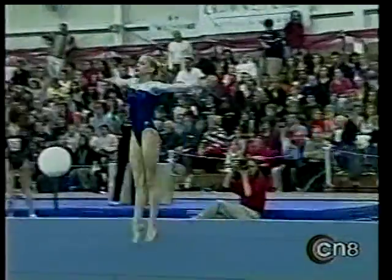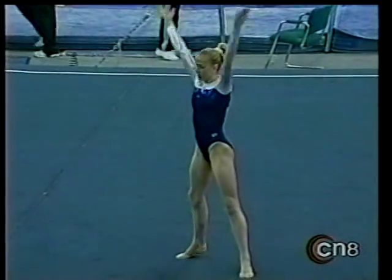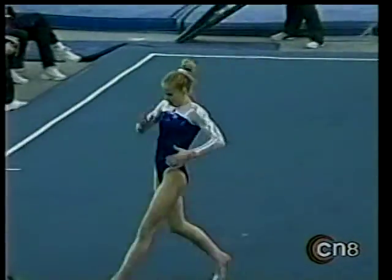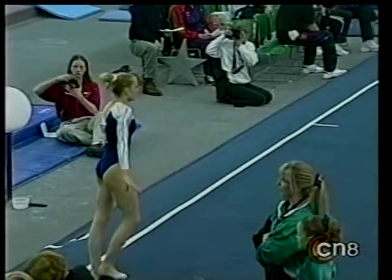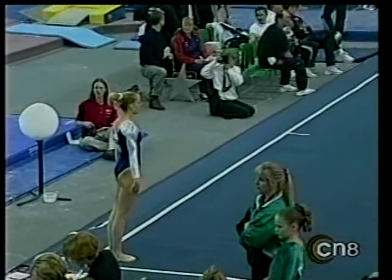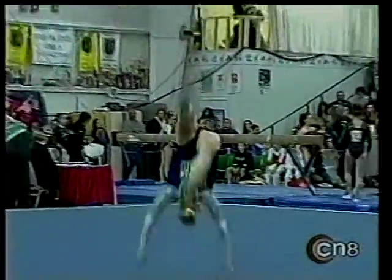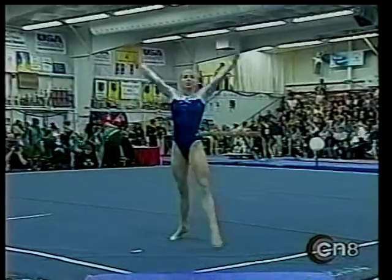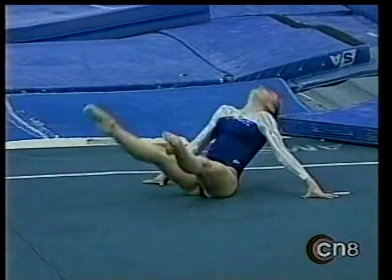That's a 2.5 twist. You'll see a lot of those. A lot of girls doing that because it's a D move, and it's one of those moves that you can get the D, which is a more difficult skill, but it doesn't really hurt your body too much, so you can train a lot of them. There's a lot of actual strategy involved in creating your routines. Corey Hartung with a very